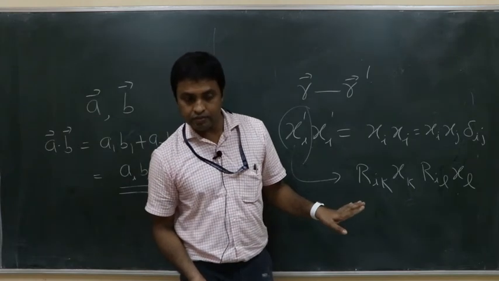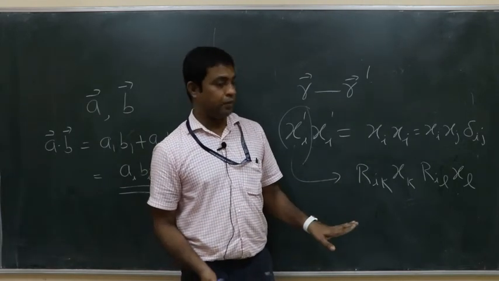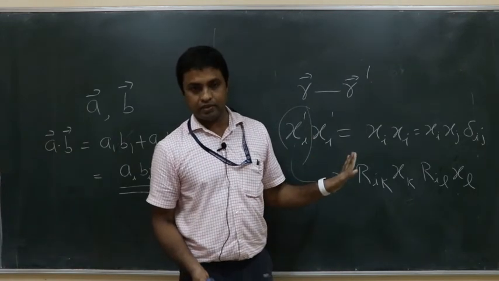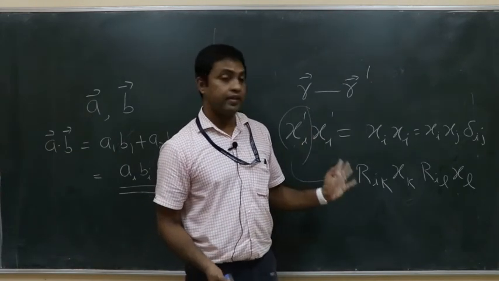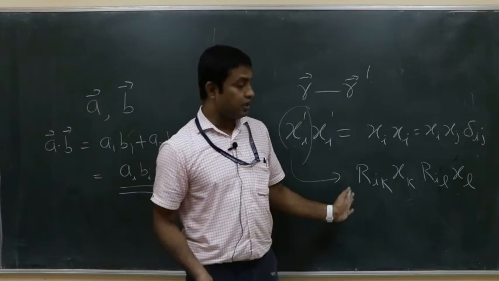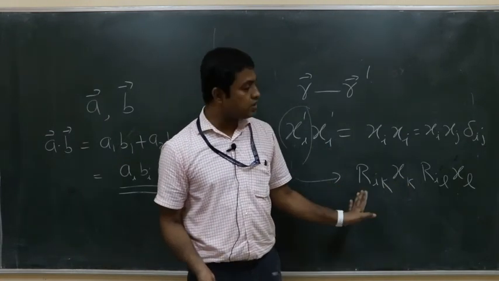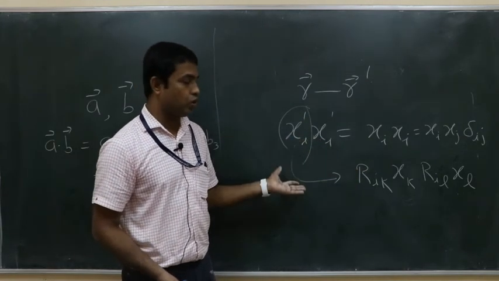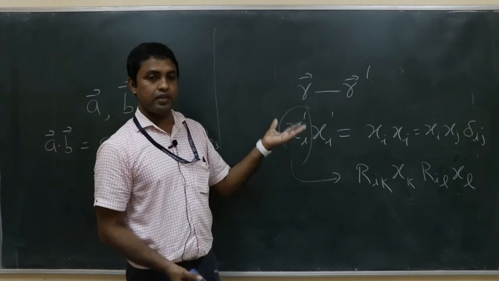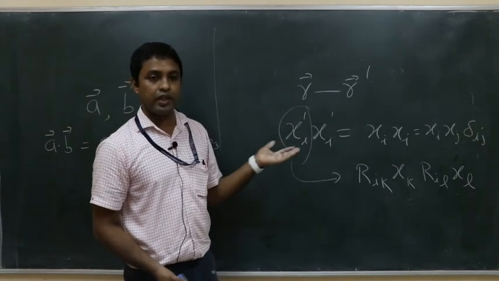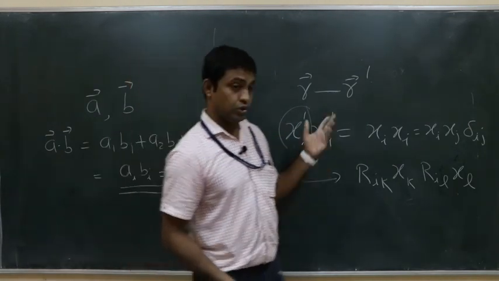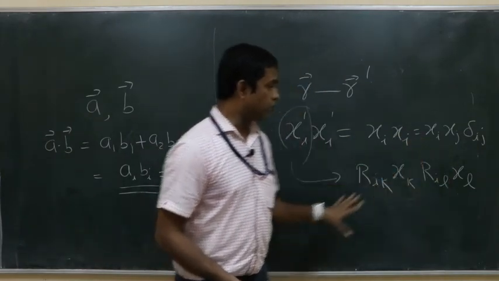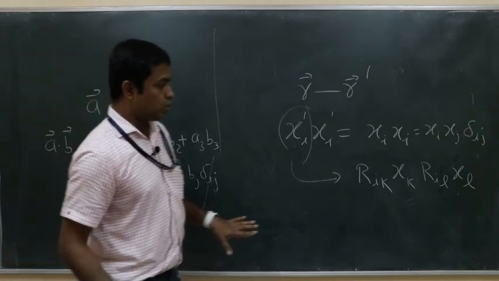Yeah, number. It is a number because, see, if there is 1 free index, this is a vector. If there are 2 free indexes, then that is a tensor. But there is no free index, everything is summed up. So this is a number. Obviously, xi prime xi prime is basically x1 prime square plus x2 prime square plus x3 prime square. This is the square of those 3 coordinates. That should be a number. It should not be a vector. So that is the reason. So you understand now how important those conventions are. So now you got this.